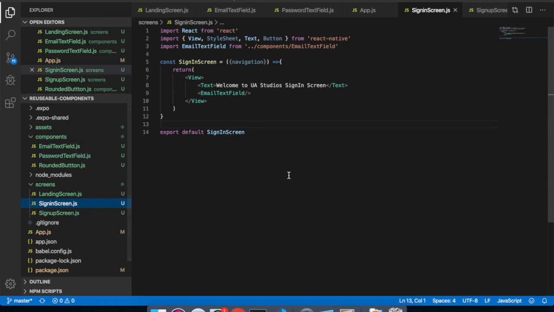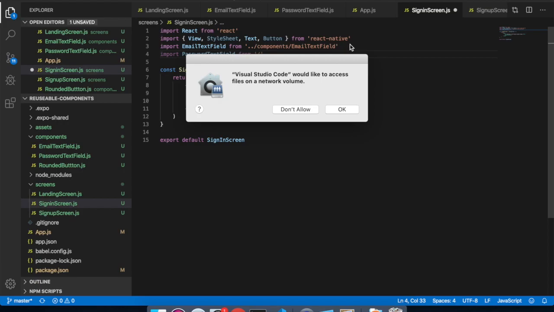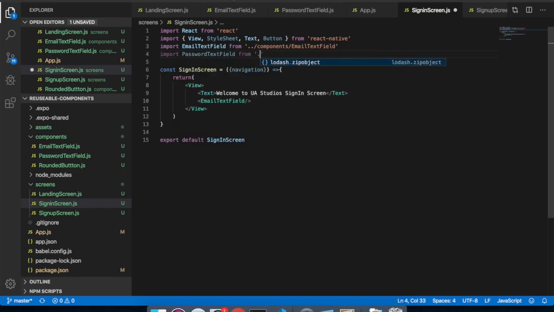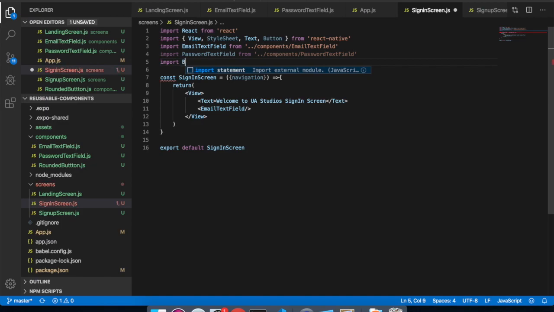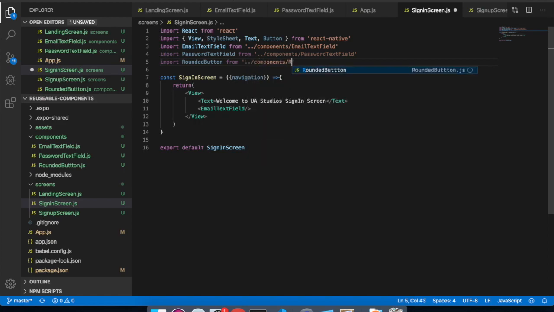Now go to sign in screen. Here we have added an email text field. Now import password text field from components dot password text field, then import rounded button from components into rounded button. Sorry about that. Okay,